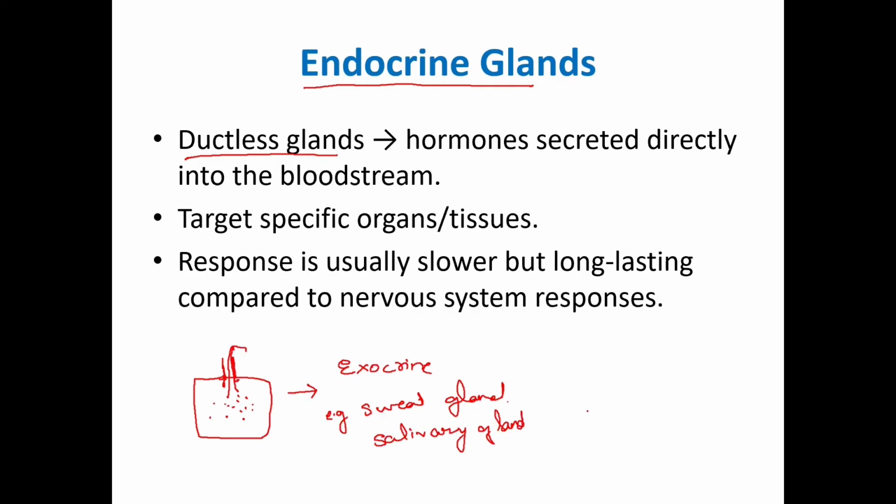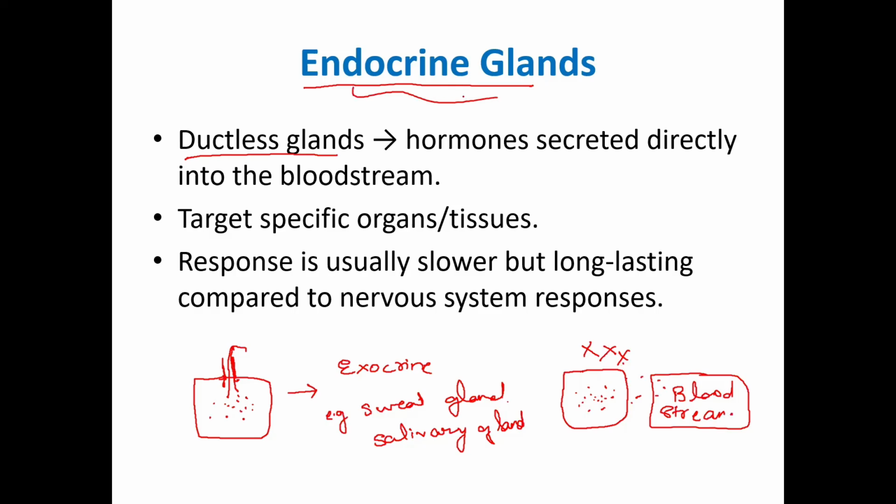On the other hand, we have glands which only have the organ and no duct. The gland makes a chemical called a hormone, and the hormone is released directly into the bloodstream. This setup is called an endocrine gland. Just remember, it is a ductless gland, such as the hypothalamus, thyroid gland, pancreas, etc. We will look in depth one by one.